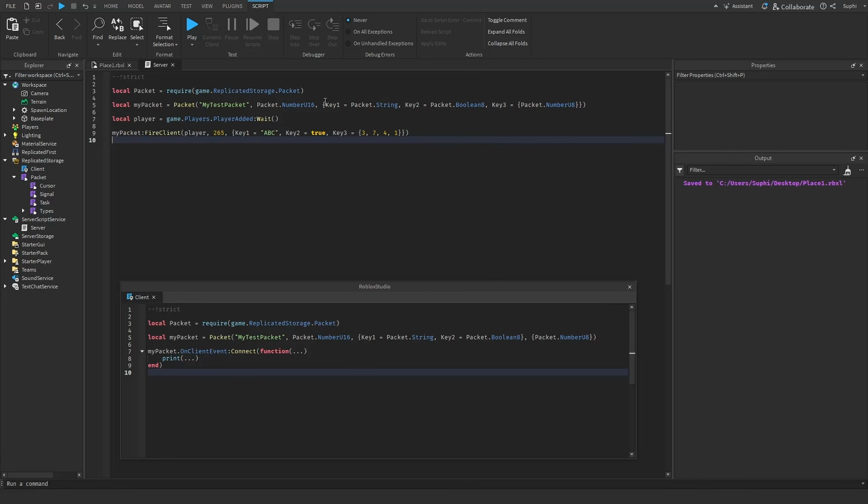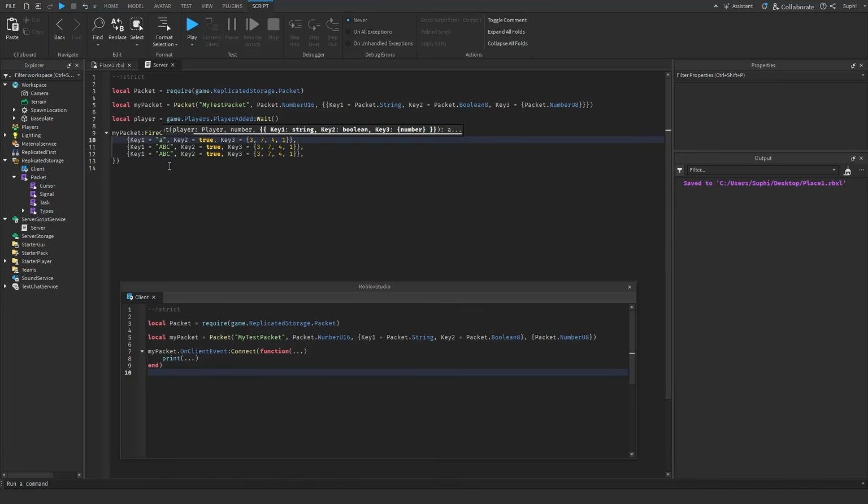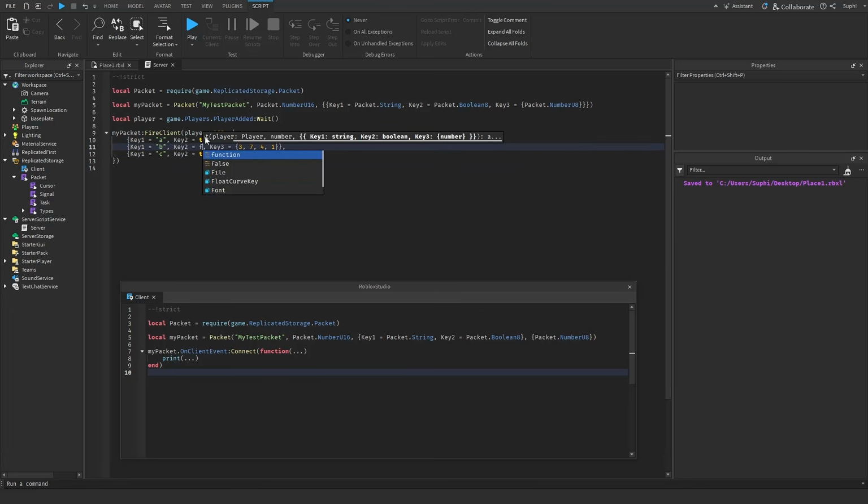And if I wanted to, I could even make this dictionary be part of an array. So if I wrap this in brackets, now this is an array with dictionaries inside. So let's change this to be an array of dictionaries, like so. And let's just send 3 dictionaries in our array. And let's just call this one A, B, C, and let's just set this one to false, and let's set this to a number of 2, and